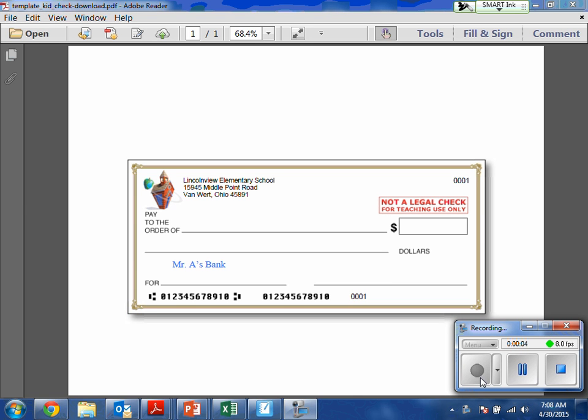We are going to go ahead with our money and our counting of money and continue that with writing a check. So this lesson today is I can write a check. All right. What exactly is a check? A check is a document